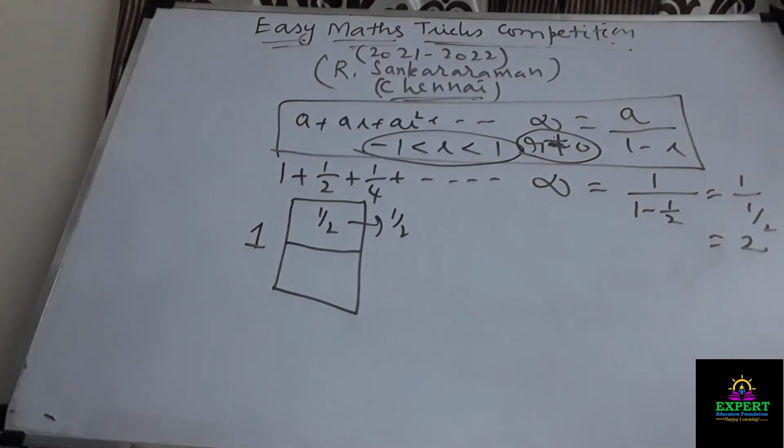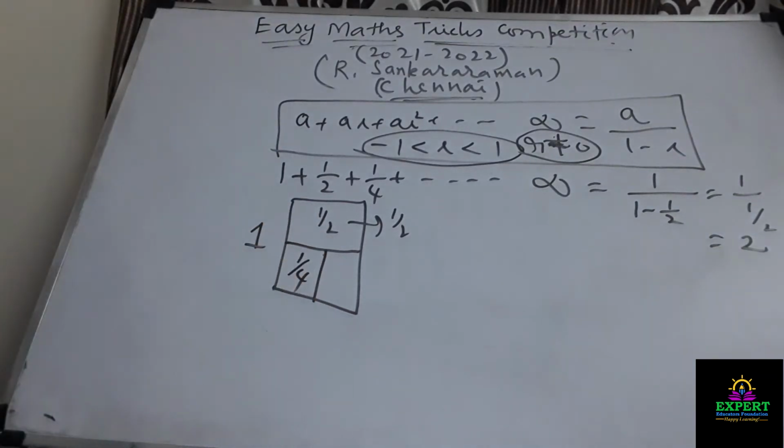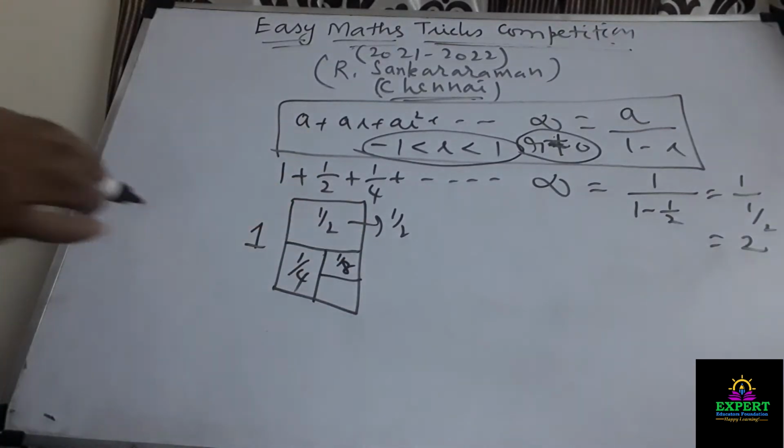I fold it equally and unfold, I'll tear it off and put it over here. I'm putting 1 by 4 here. I'm left with the remaining part of the second sheet. I fold it equally and unfold, and I'll tear it off and put it over here. This is 1/8. And I can repeat this process as many times as possible